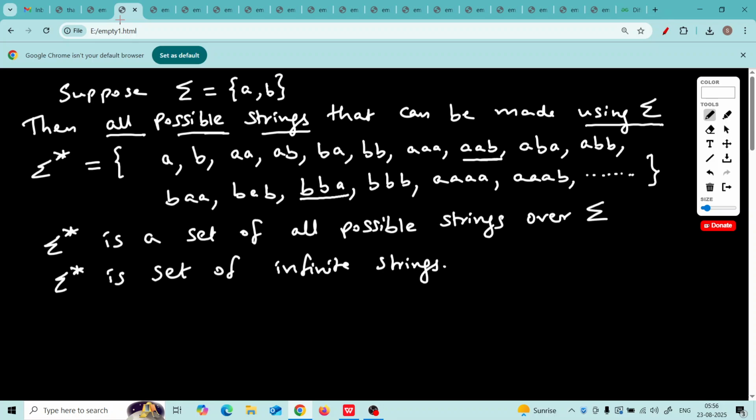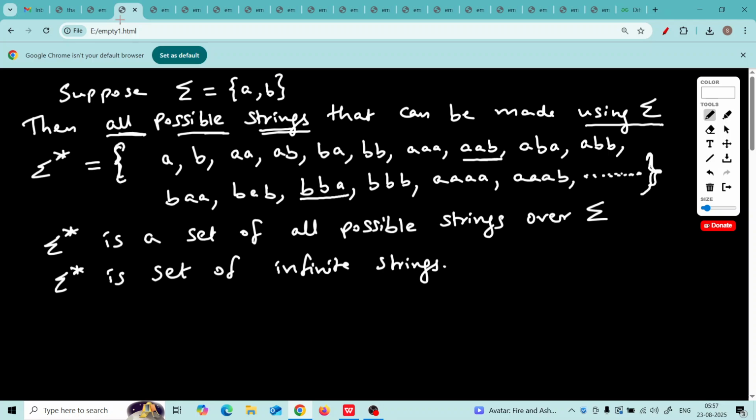I have taken B twice in the beginning, then I have taken A. And you will agree that this is an infinite set of strings. So, if you are asked how many strings can you make using sigma, you will say infinite number of strings. That's why I have shown dots at the end. This is a set. Sigma star is a set which contains all possible strings that can be made using sigma.